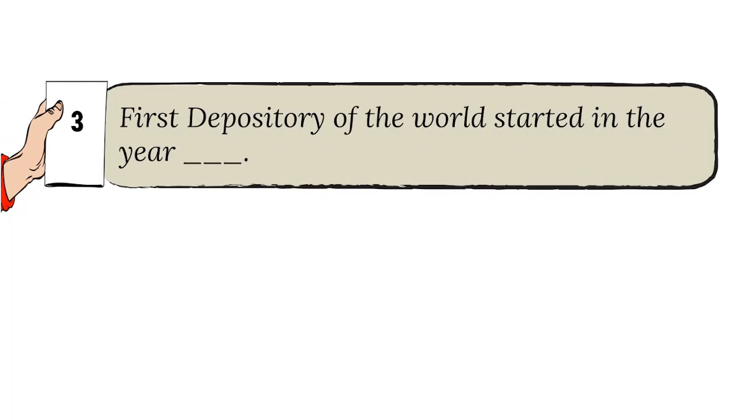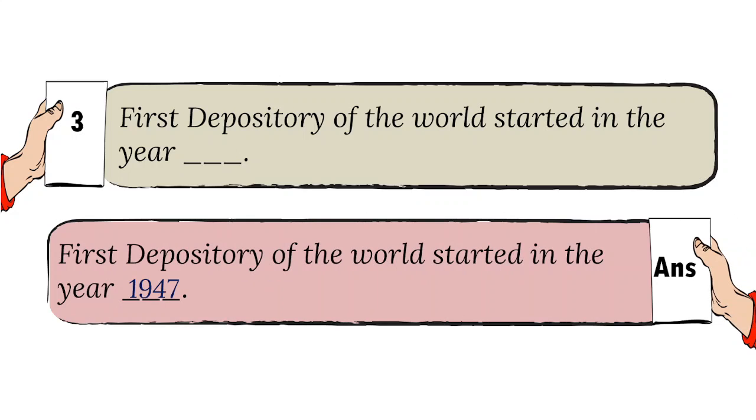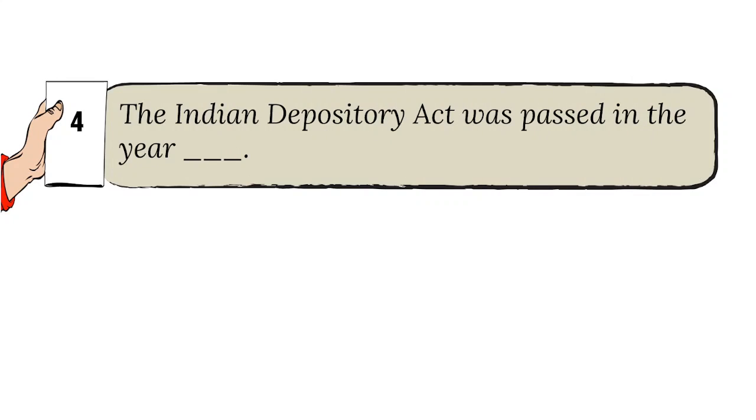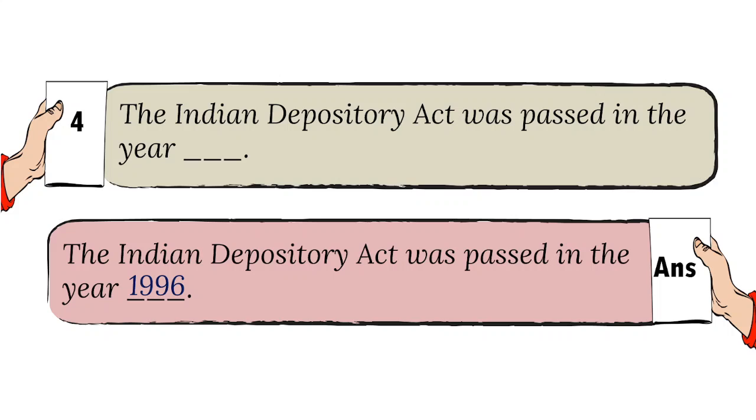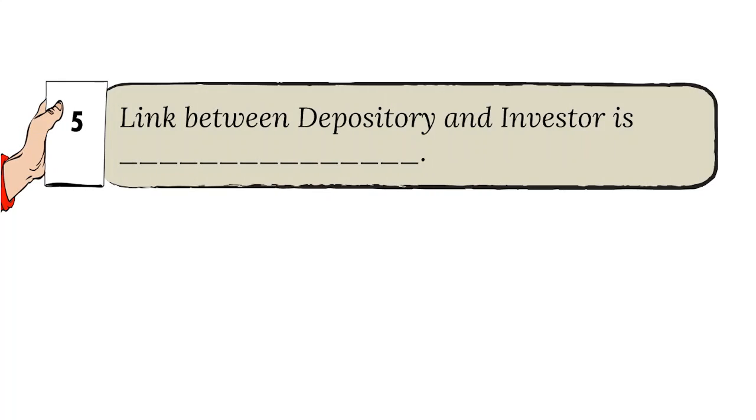3. First depository of the world started in the year dash. And the answer is 1947. 4. The Indian Depository Act was passed in the year dash. And the answer is 1996. 5. Link between depository and investor is dash. And the answer is